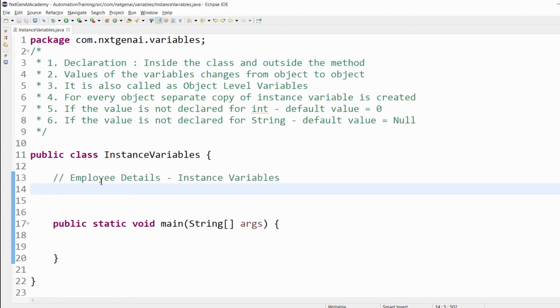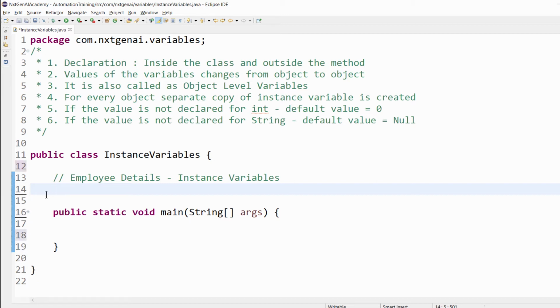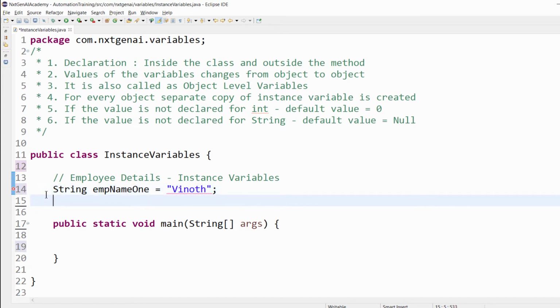Employee details, and it's an instance variable. First, we have to get the employee name, which falls under the string data type, String employeeName1, first employee, Vinod.